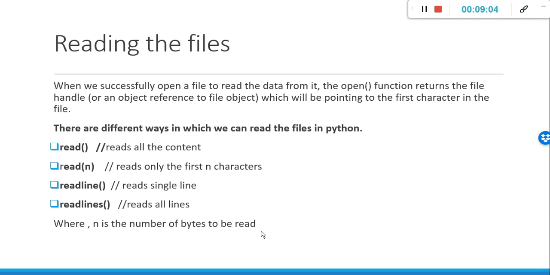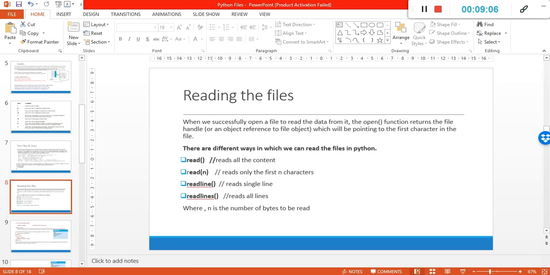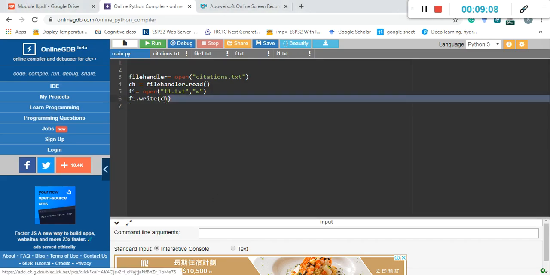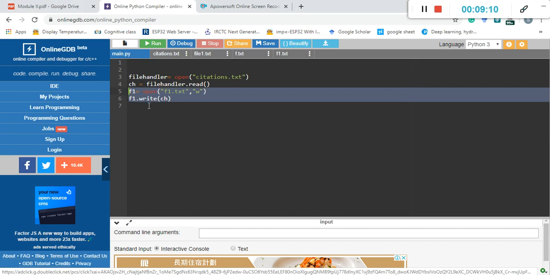Now I'll show you with the online compiler, where I am trying to open a file.